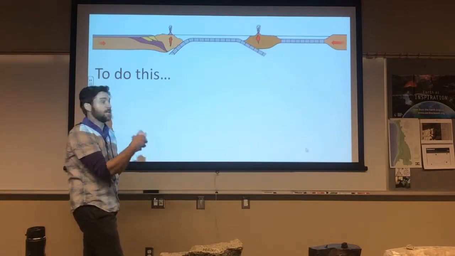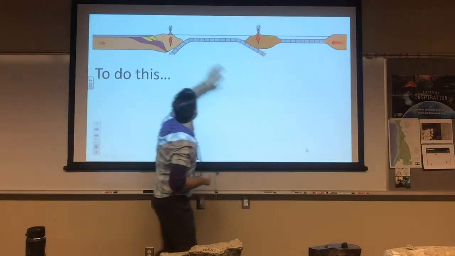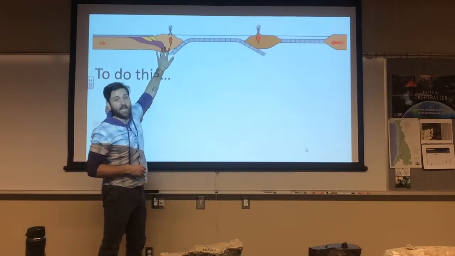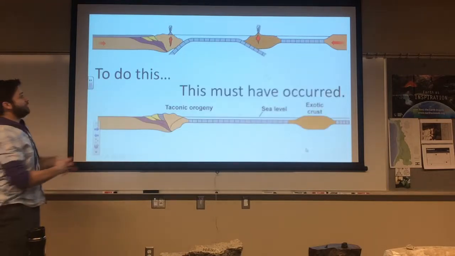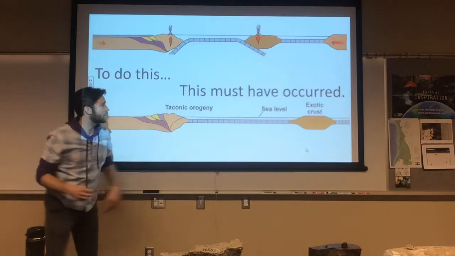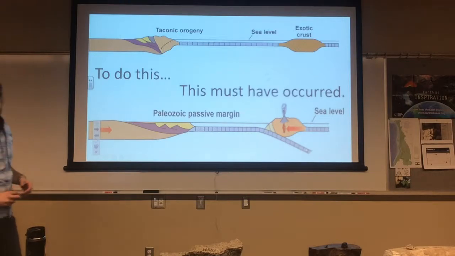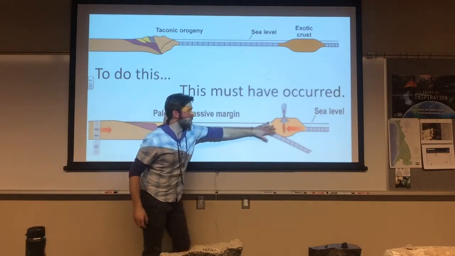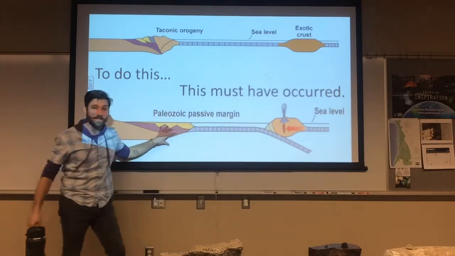There's signatures there that suggest that one was a volcanic island arc. There's signatures there that suggest that one was a continental volcanic arc. Okay? There's signatures in the rocks that are showing this. And this is all the reversing of all of that geology, the tectonic orogeny. And before the tectonic orogeny, there must have been a margin of volcanic island arc out here to create those rocks that later collided.